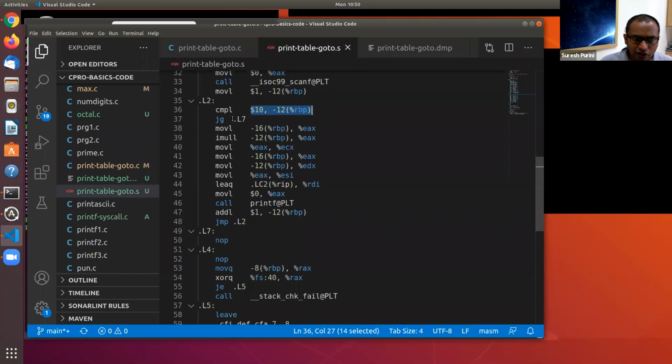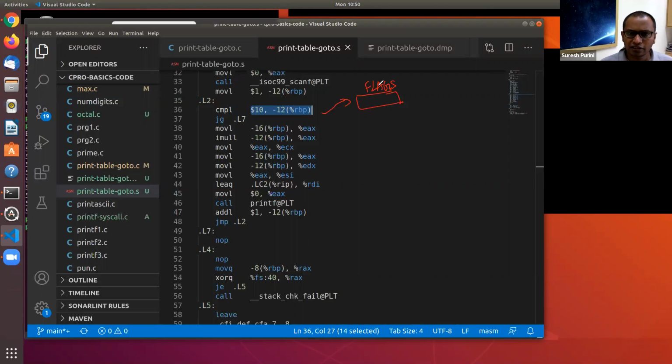And then on line 37, you have the jump greater than instruction, JG. After the processor executes the instruction on line 36, it goes to line 37. It makes a note of whether i is greater than 10 or not by setting some flag in, let's say, a flags register.